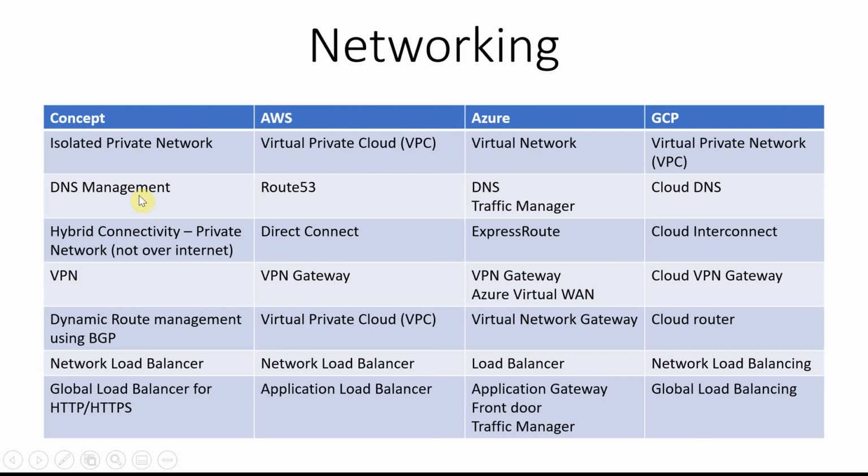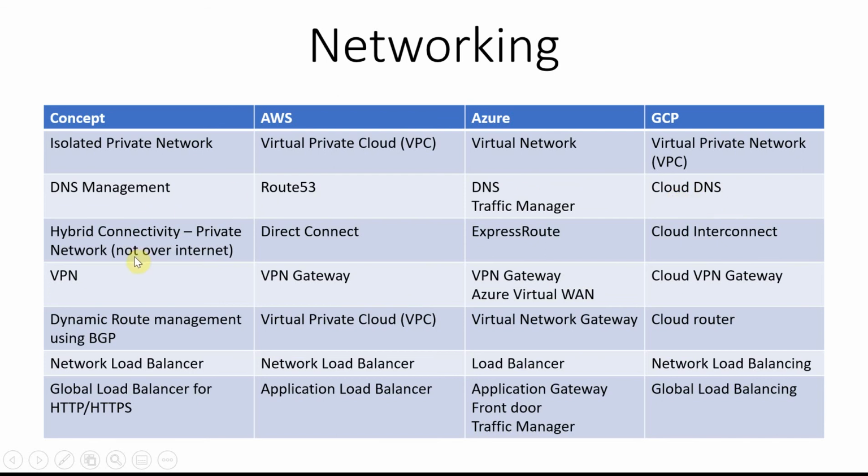You need to tell what your IP address is, and you should also purchase the domain and tie this domain that you purchased to the public IP of your VM. The translation of your domain name to the respective IP is what DNS management is. For domain management, the answer in AWS is Route 53, in Azure it is DNS Traffic Manager, and in GCP it is Cloud DNS.